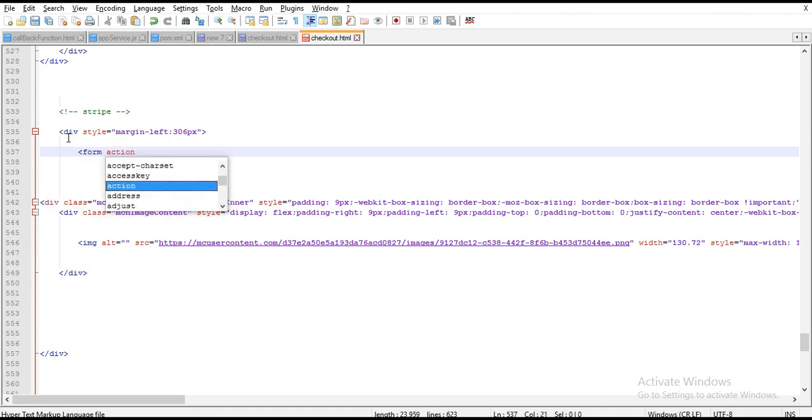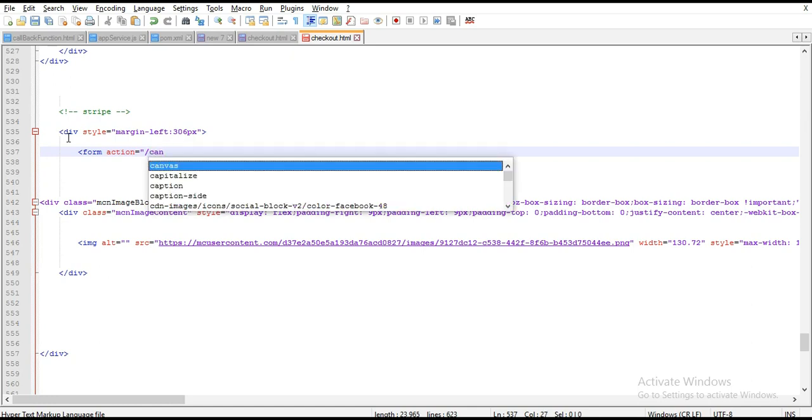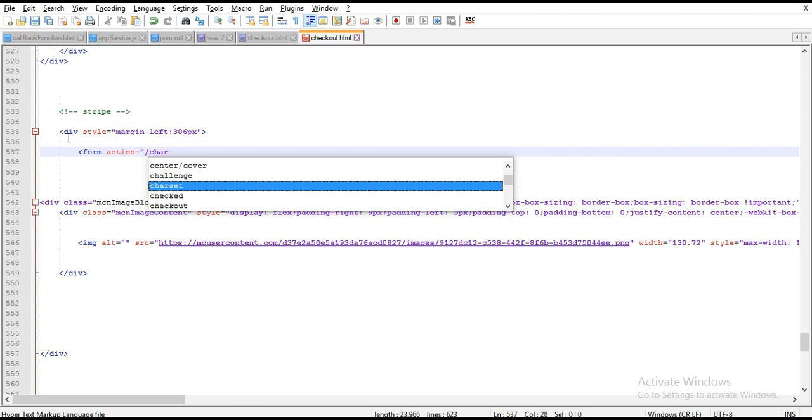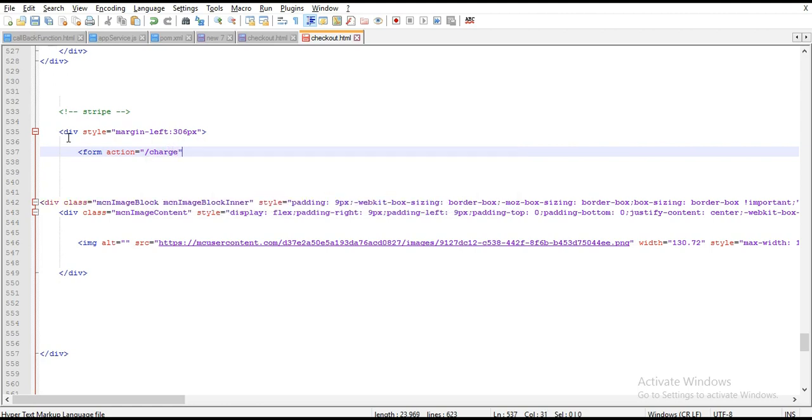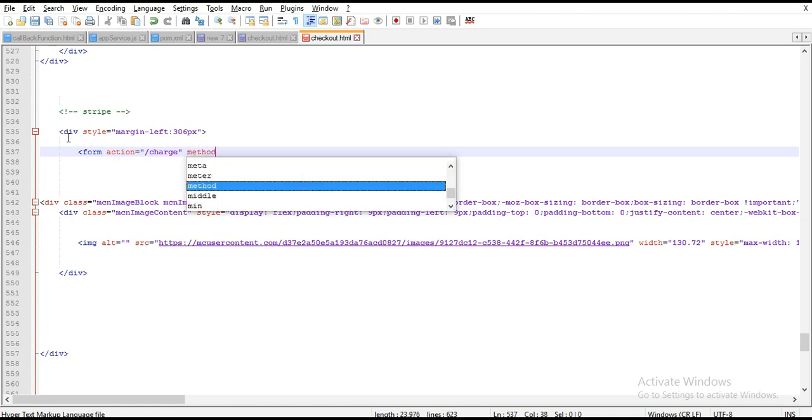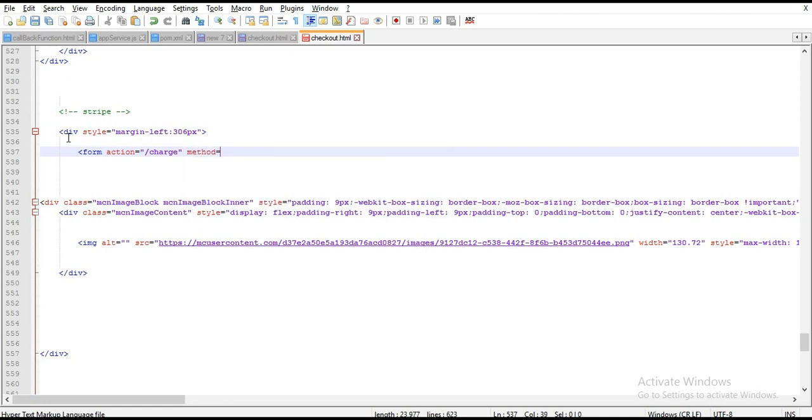and I need to specify an action URL, because once the user enters card details, you need to submit, right? After submitting, all those things are taken care of by Stripe. After this process finishes, we need to redirect to some API of ours. This is the API we are going to redirect to in our system. The charge method is a POST method,